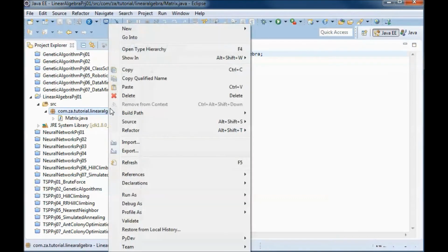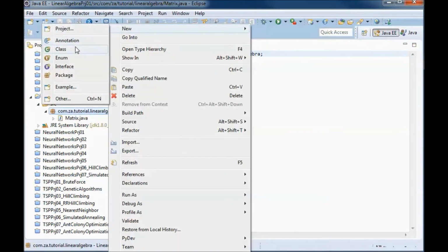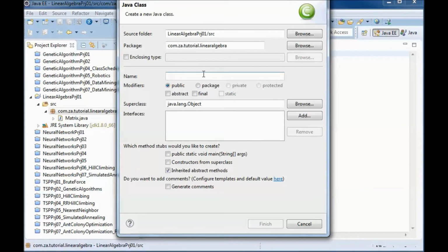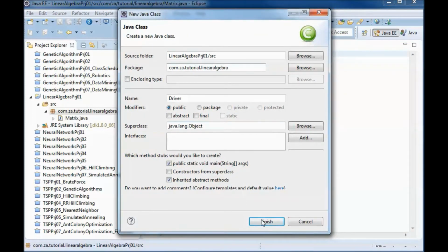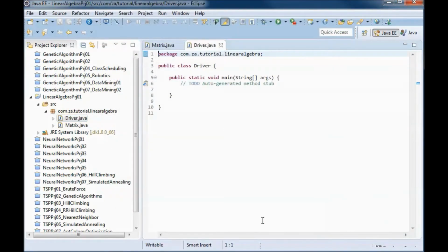And a driver class with a main method, and this class would demo the matrix operations.